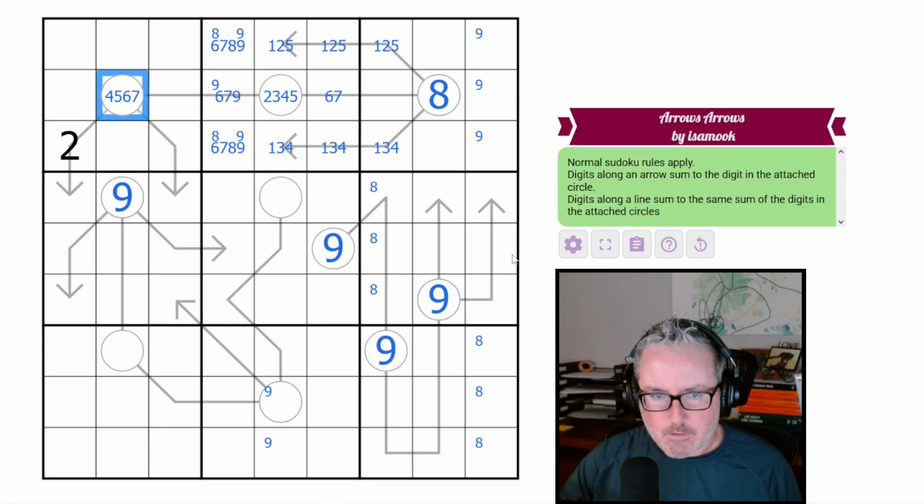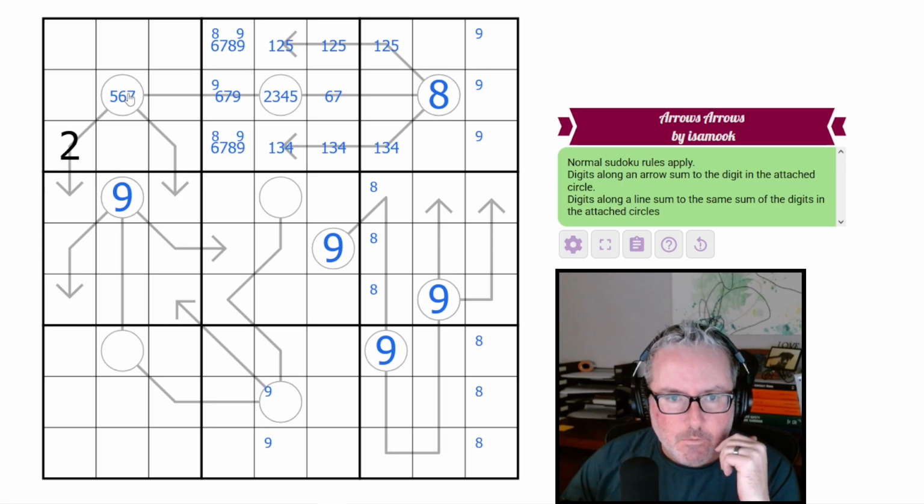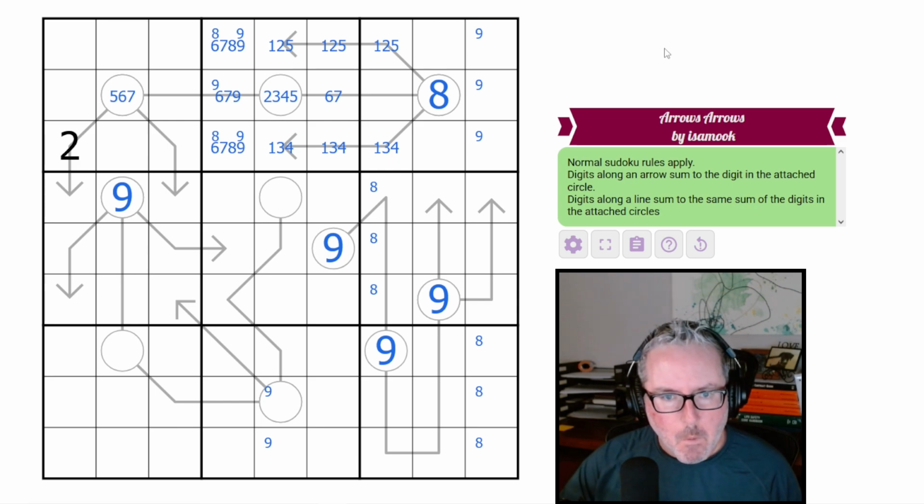So this is not 3. Can't be 4, because this can't be a 2, 2. Okay. So we're starting to bump these guys a little bit. This has to either be 3, 4, or 5 at the moment. I don't know if that's helping us too much, but